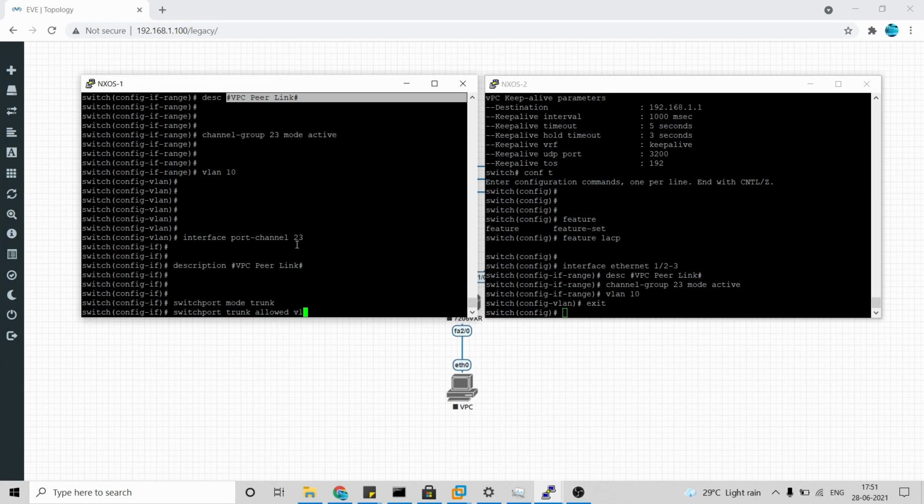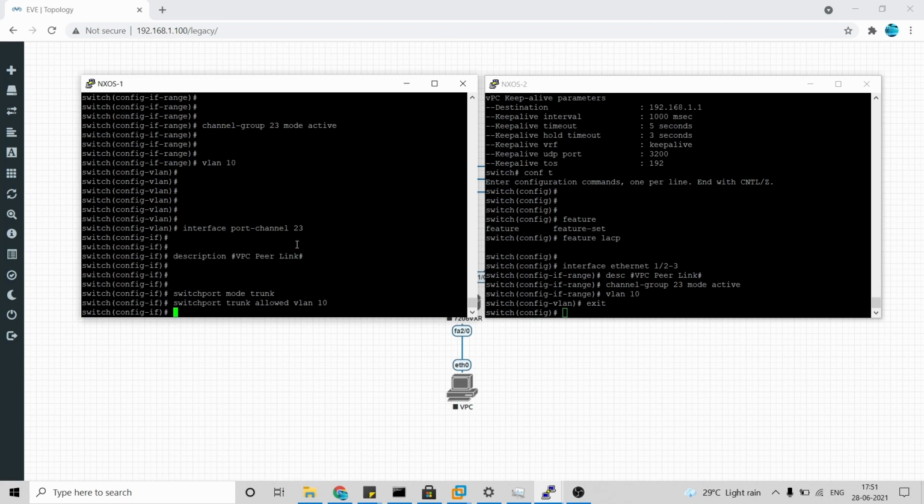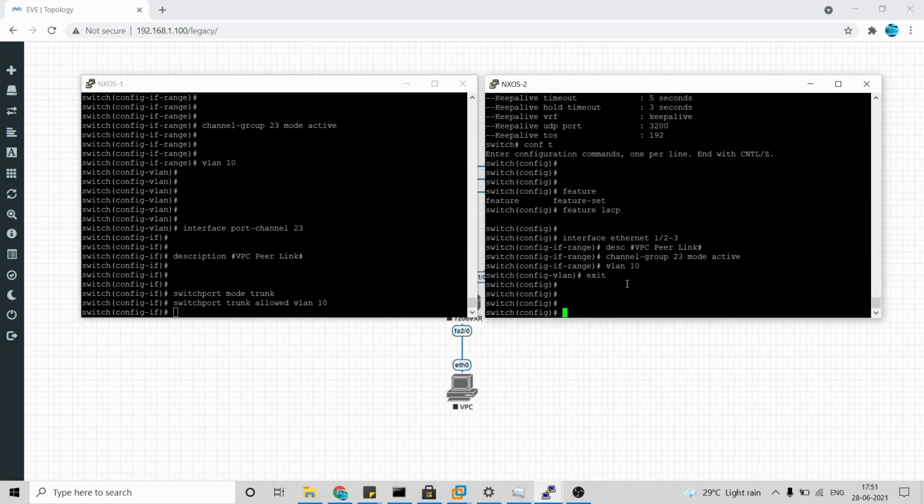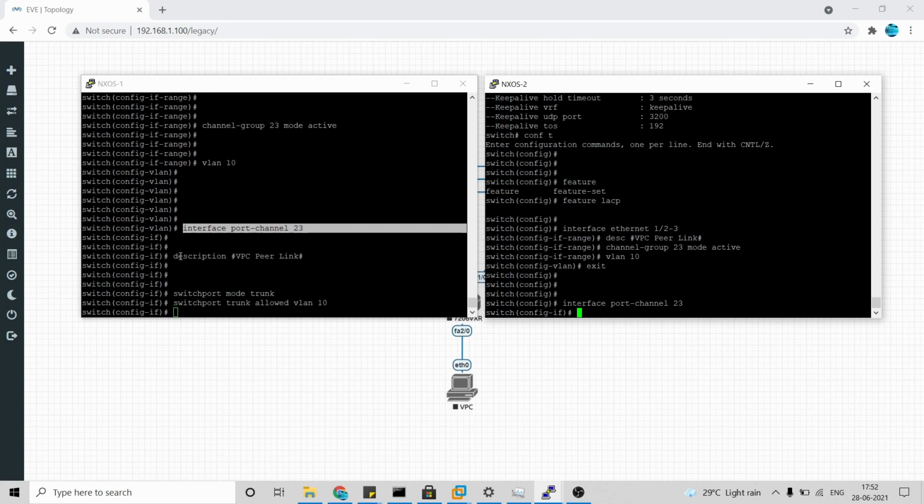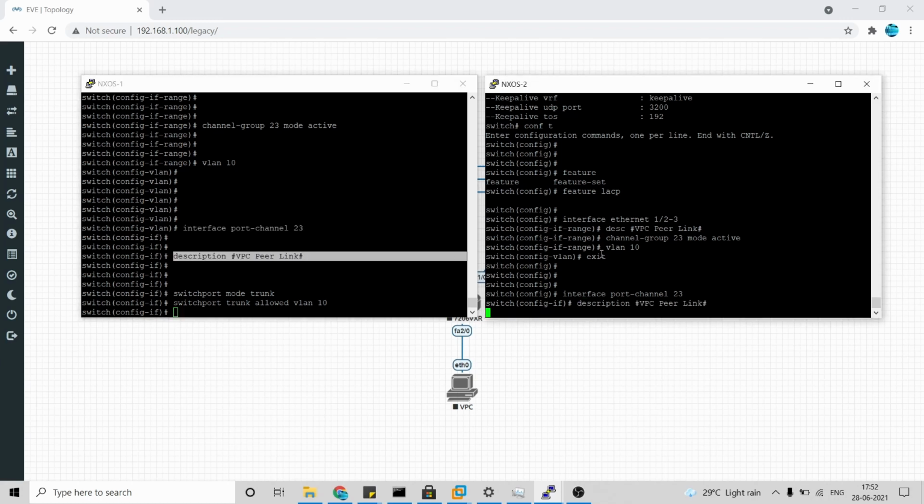Allowed VLAN. We should never forget the command allowed VLAN. There's another command we missed, that is add VLAN, if you remember. We as network engineers have generally faced this issue before, forgetting the add command. I'm just going to copy the same port channel configuration here as well.